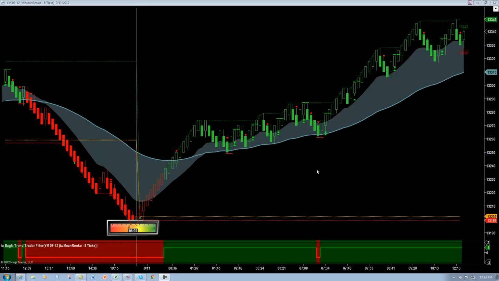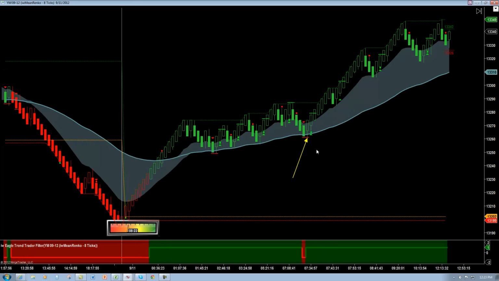Now, this chart gets a little bit tricky because we're looking at a lot of noise and choppiness here between 1:07 and the open, Mountain Standard Time, which is 7:30 in the morning. So once again, similar to what I do with the Hawk Micro Scalper, I wait for that sucker to tag my hard edge. Okay, and that's just the point that I've chosen. This is what I'm going to do, and this is what I'm going to stick with.